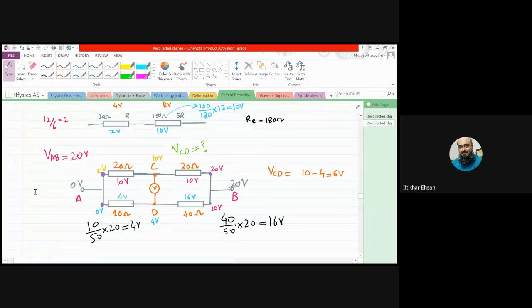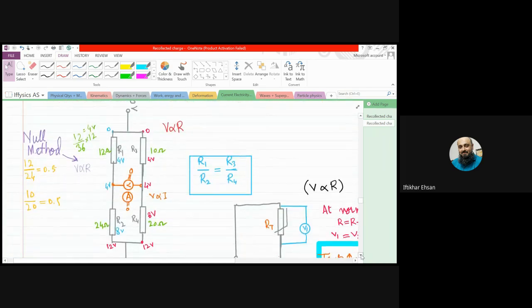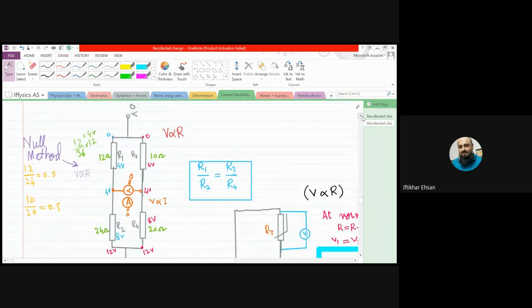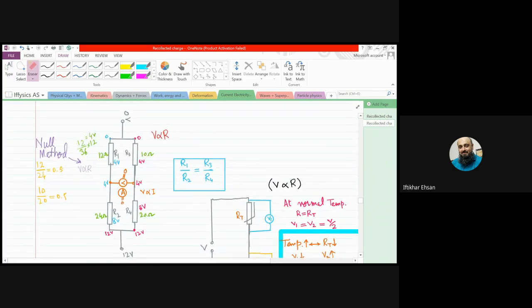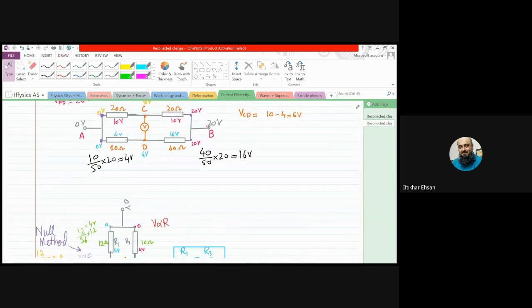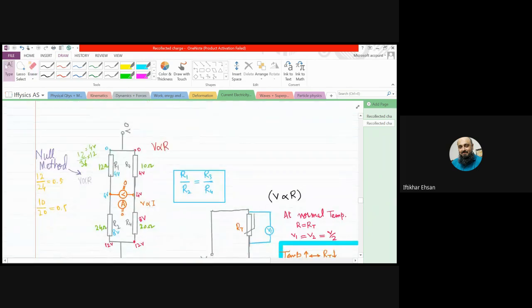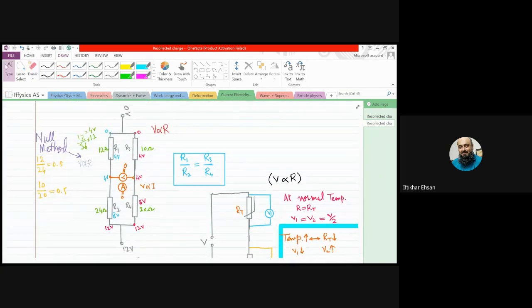Yes, sir. Okay. Acha beta ji, the next question is again a past paper question, a very important one. Beta, consider we have a similar sort of combination, right? This was laid horizontally, and the same is now drawn vertically. The combination is the same. So when you draw it in a different direction, you don't need to panic or feel any difference. They are exactly the same circuits.